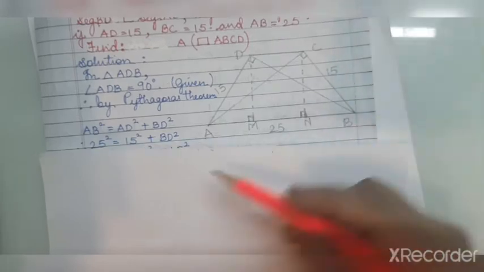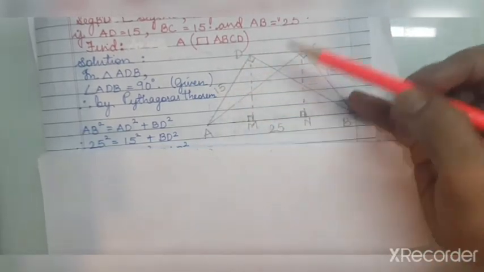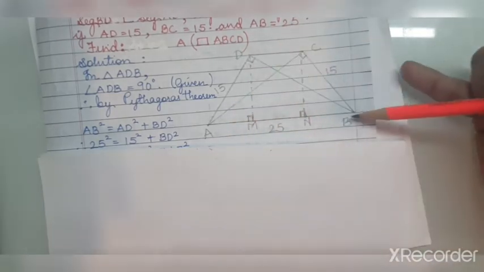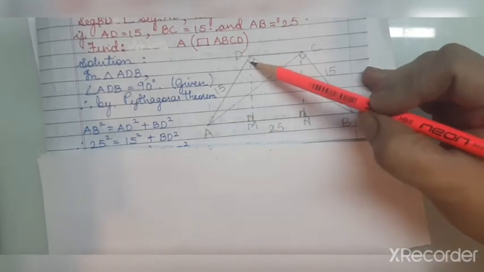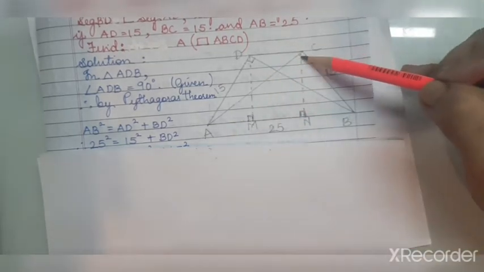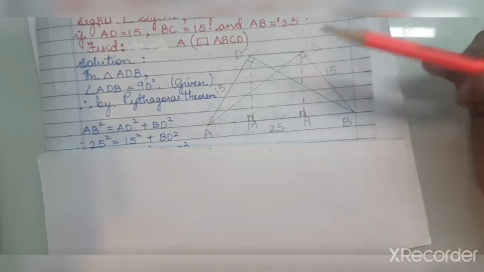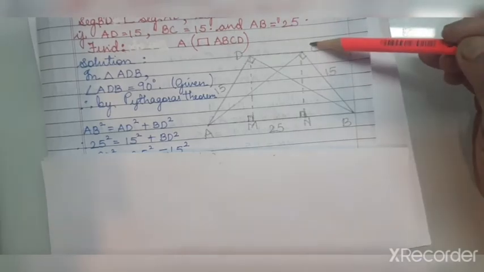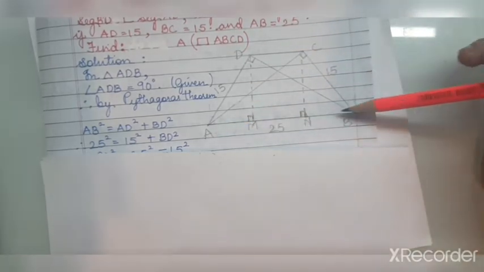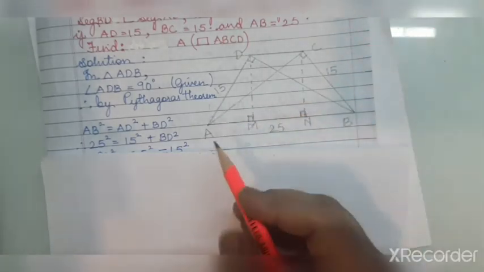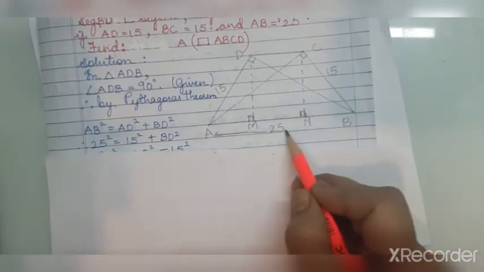So it's a trapezium, ABCD is a trapezium. Then what perpendiculars they have given is, you can see here that AD and BD are perpendicular. They are shown with a 90 degree. And AC and BC are perpendicular. They have shown here with 90 degree. And the distances given are AD is 15, then BC is 15. And AB, the base, or one of the sides of the trapezium, is 25. So this 25 is this full length.